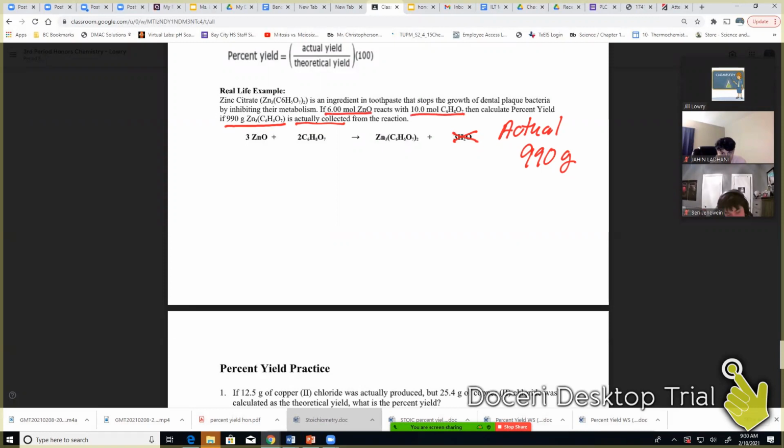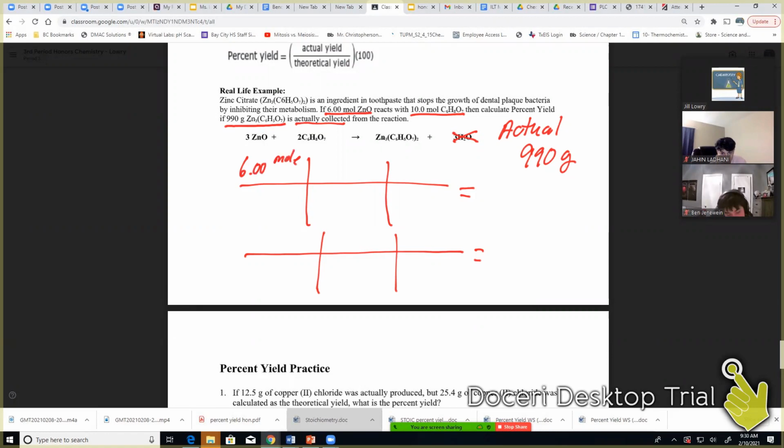When I have two givens. The ones we just did, right? Limiting reactant. So since it's a limiting reactant, I have to do two stoichiometry problems. Find my smallest amount of product, and that's going to be my theoretical. At least this will be a little bit shorter because my given is in moles, so it's 3 steps instead of 4 steps. So one of my givens is 6 moles of zinc oxide,